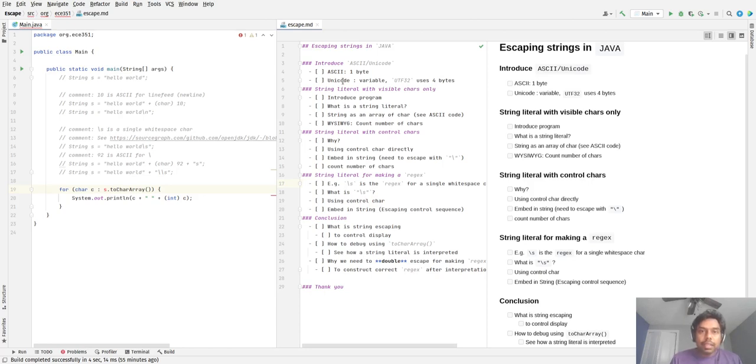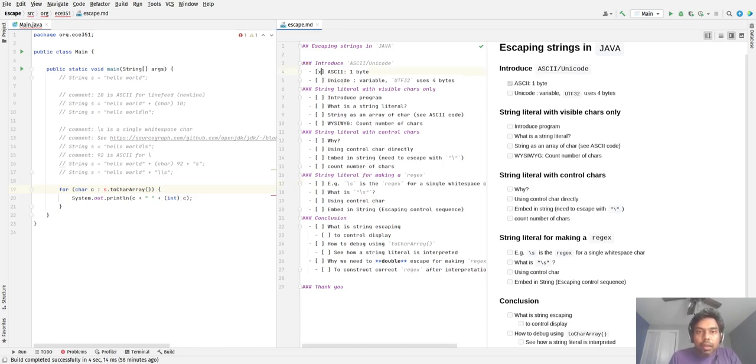In ASCII, each character takes 1 byte, and ASCII usually has representation for the English alphabet, and for international alphabets, we have Unicode, which can use something like 4 bytes depending on the encoding used.